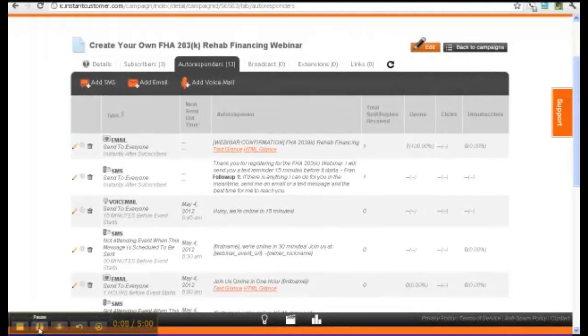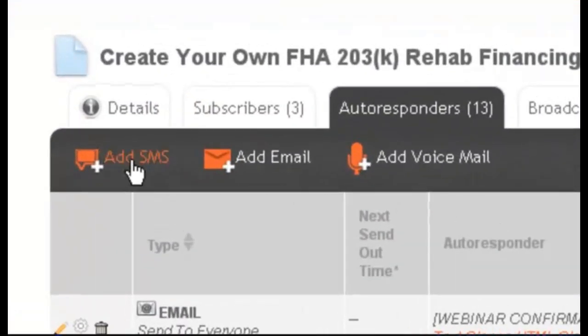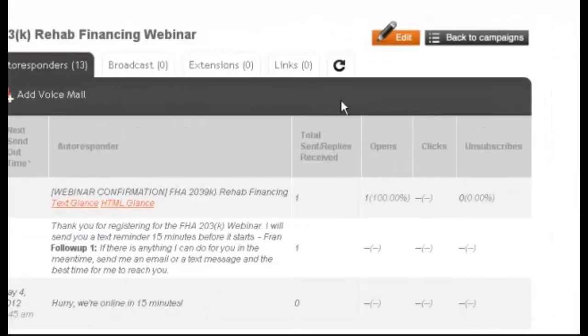This really is the only system like it on the market that lets you add as many communication channels as this to a webinar campaign. Again, I can add any more mobile messages I like right here just by clicking Add SMS. I can add any more email autoresponders, or I can add additional voicemail messages. Now let me take you into the back end and show you what the webinar actually looks like, how easy it is. And again, I can create this once and put it on autopilot and run it as frequently as